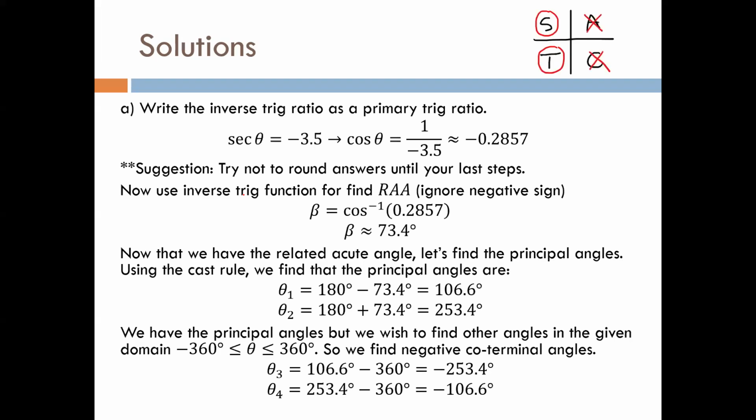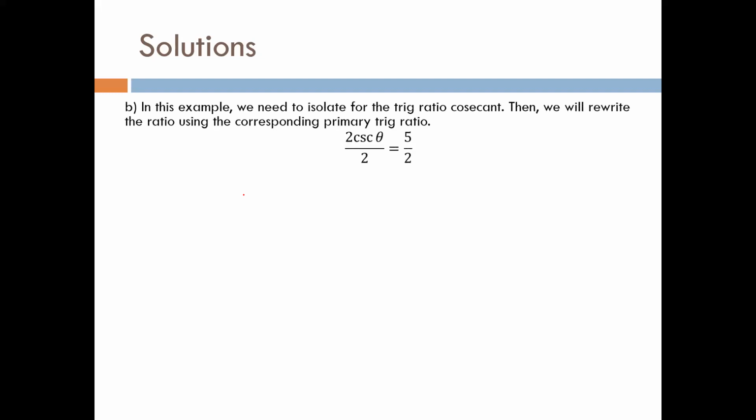So we're going to rewrite, and we didn't have to do this in the other examples because if you notice the trig ratios were already isolated. In this case, we want to isolate for the trig ratio first. So we want to divide both sides by 2 so that we can actually get the cosecant ratio by itself. And so then we end up getting the cosecant ratio is equal to 2.5,